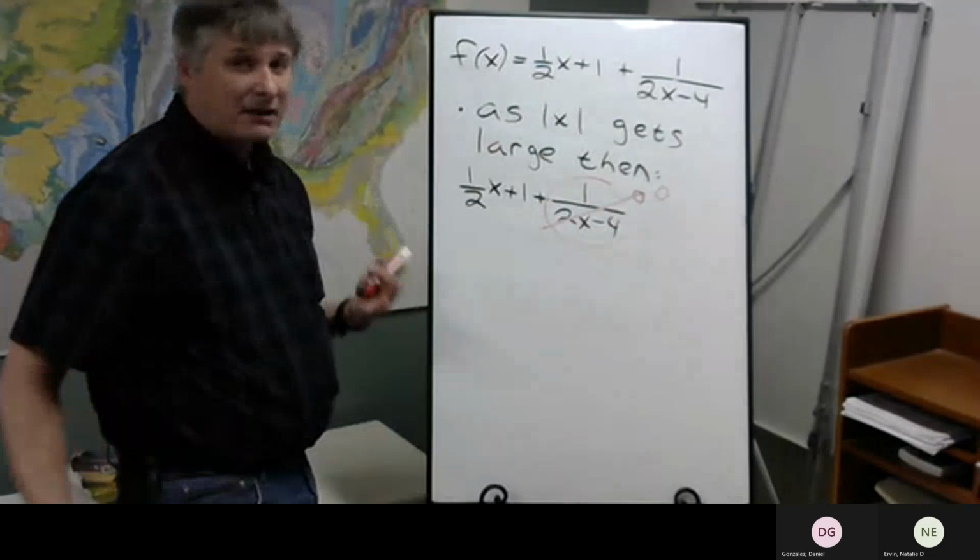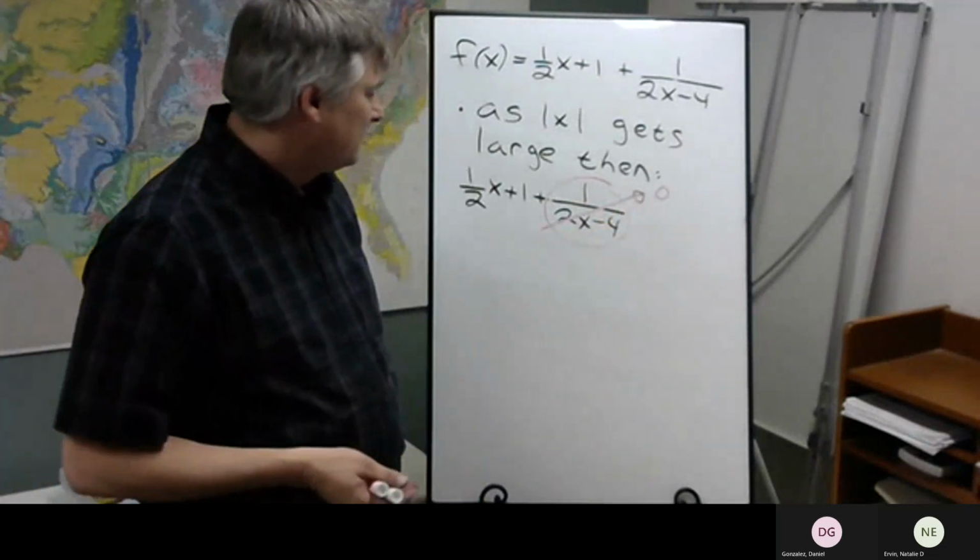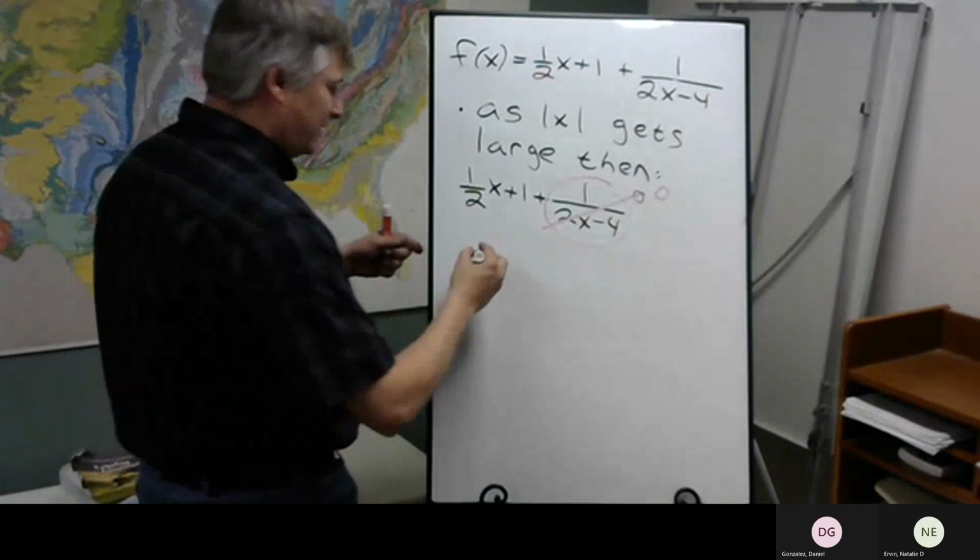Now, it's not going to be exactly 0. Where we have these arrows, it's going to 0. So this will approximately be